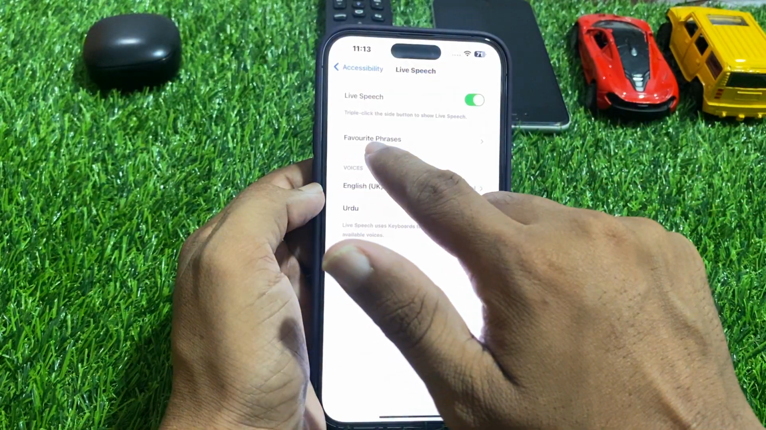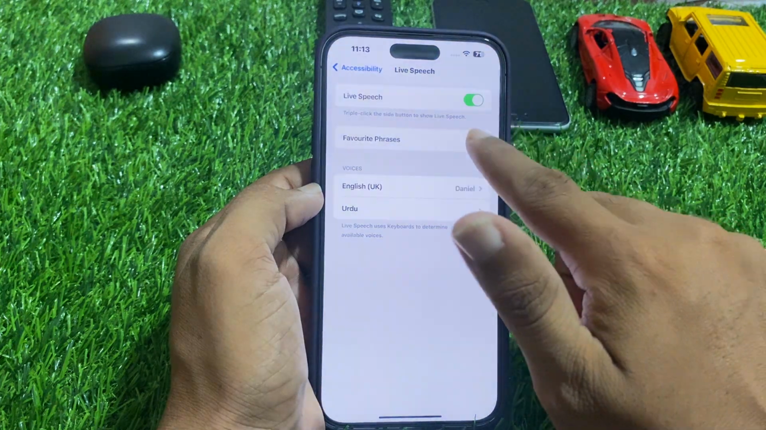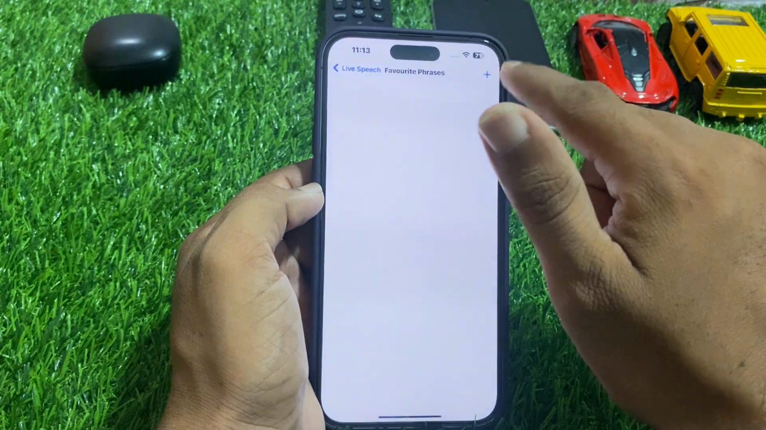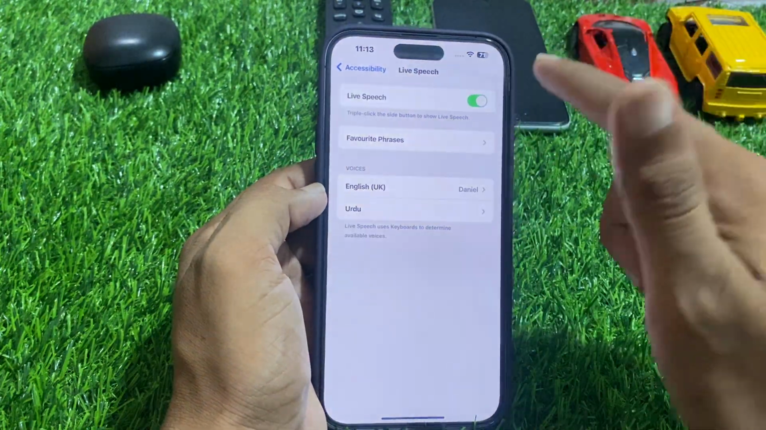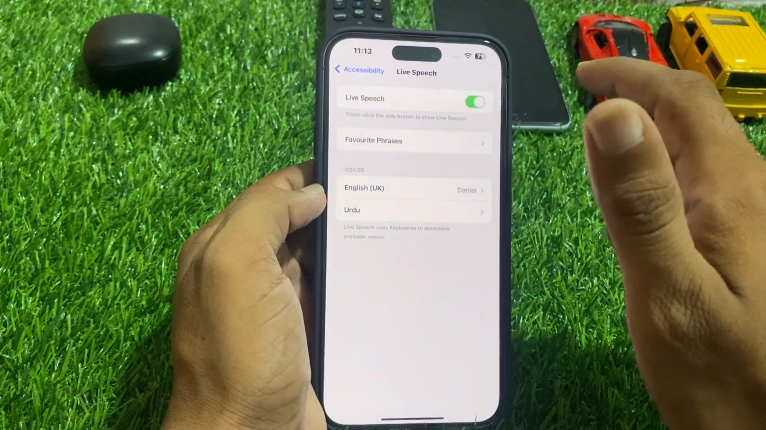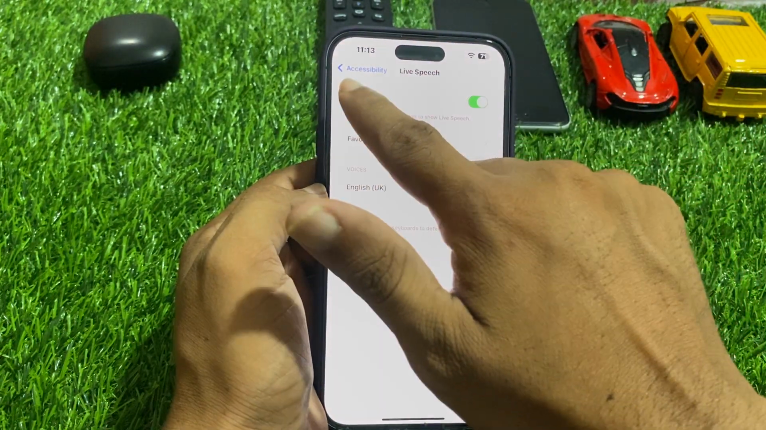Now you can see Favorite Phrases on the screen. If you want to add favorite phrases in your Live Speech, tap on plus, then go back. Now you can see Voices. If you want to use different languages on Live Speech, just simply go back,